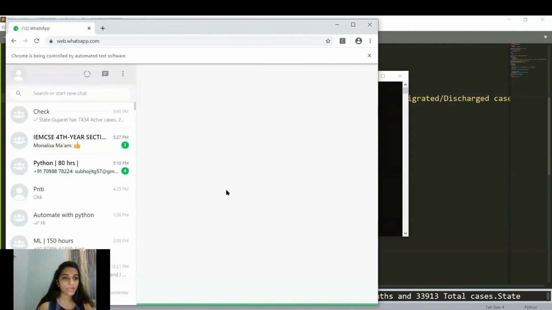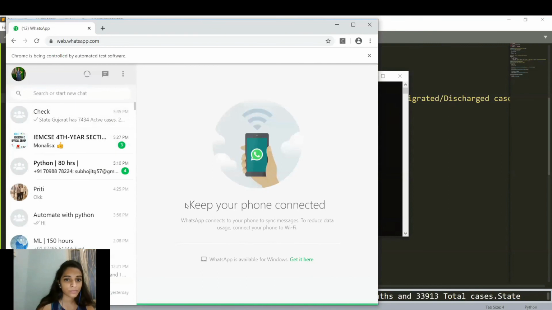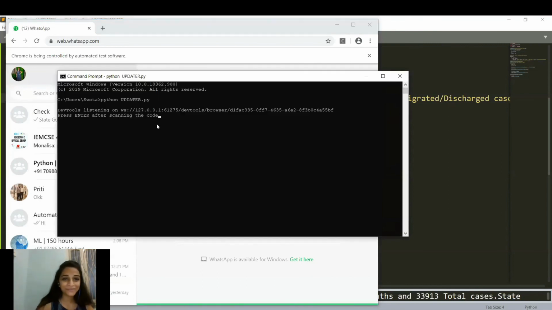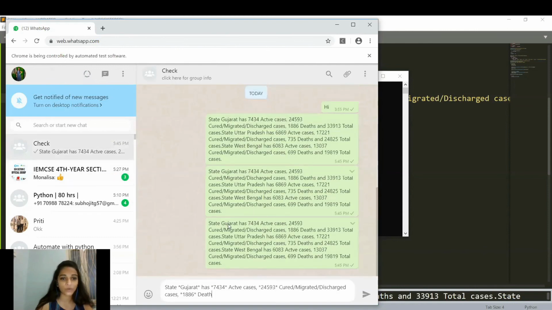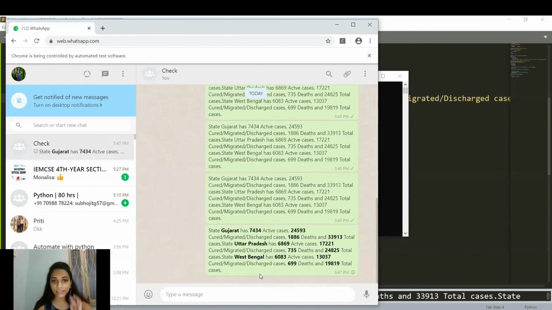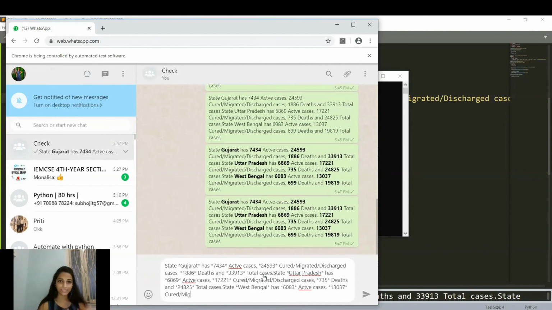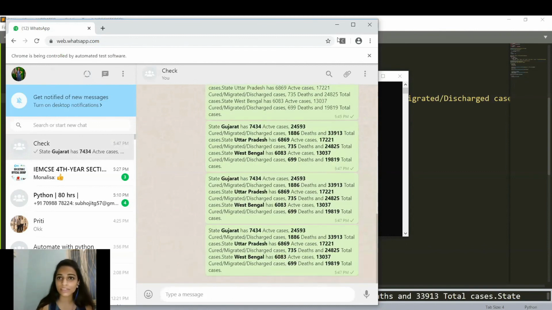Yeah, we have it. Okay, I need to press enter. I just forgot that. So, see what is happening after pressing enter. Okay, now the message is being sent again. Okay, I just noticed I wrote a wrong spelling for active. Oh my God. Okay, so we can rectify that. So now the messages look a bit better than what was being sent previously. Let me just stop this thing right here.